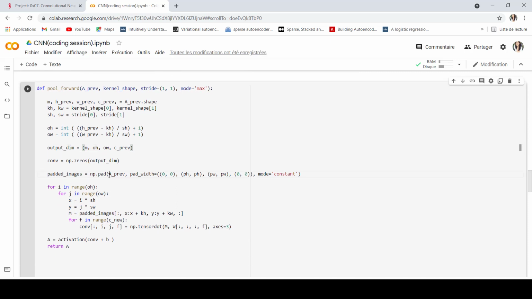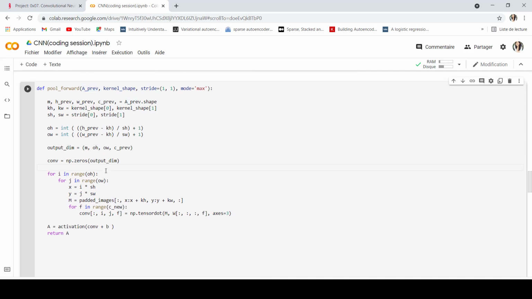Now I'm going to move this. For i in range OH, for j in range OW, we have the same thing for the steps part, and then my M will be the A_prev.